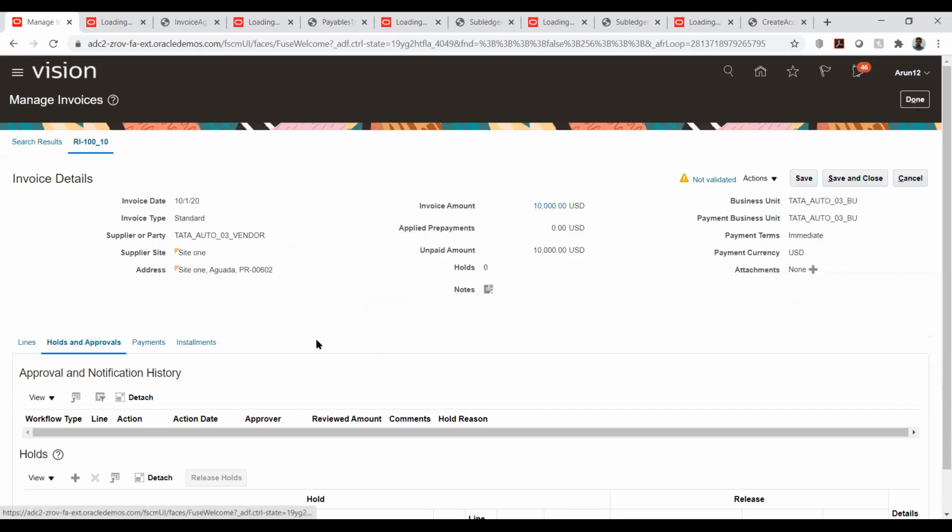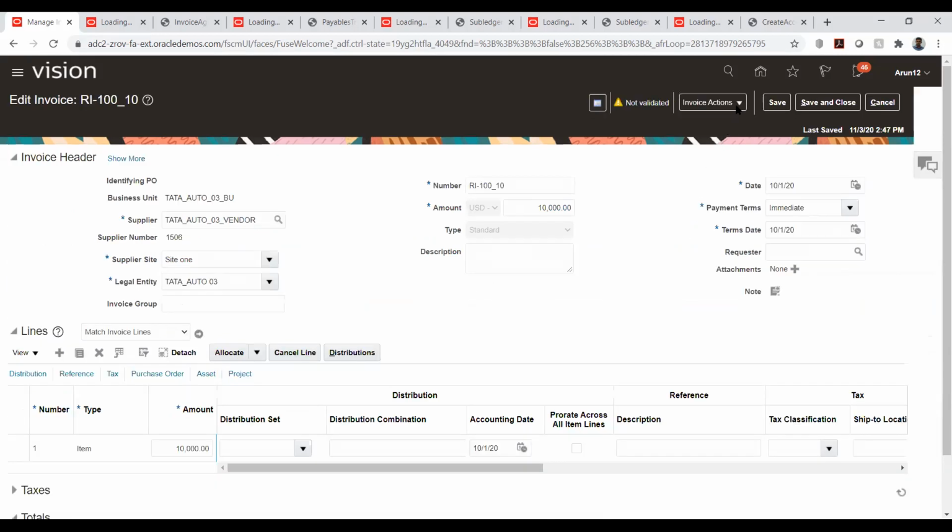So it comes, hold on, you just clicked on that and it came to manage invoices. And if you want to make the payment, you just go to the payments and then do it. Like I'll edit it and I will validate this invoice as a normal process. I'll validate and I will make the payment. Oh, from here itself, not from the payment. Yeah.